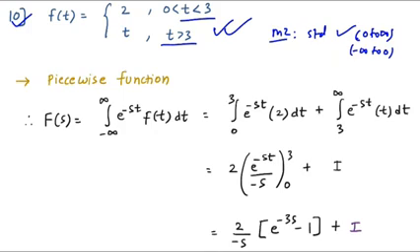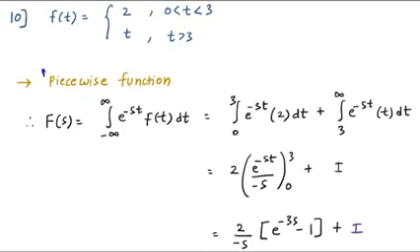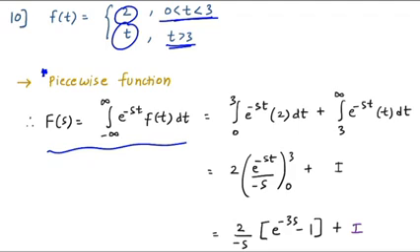You have to solve the integration. Also make a note, this is known as a piecewise function, because for this piece the function is behaving differently, and for this region the function is behaving differently. That is the reason it is called the piecewise function. Now moving forward to the standard definition of Laplace, capital F of s is equal to integral minus infinity to infinity e raised to minus st f of t dt. Now when your limits are 0 to 3, the function is behaving as 2. When your limits are 3 to infinite, the function is behaving as t. Now you have to solve the integration.